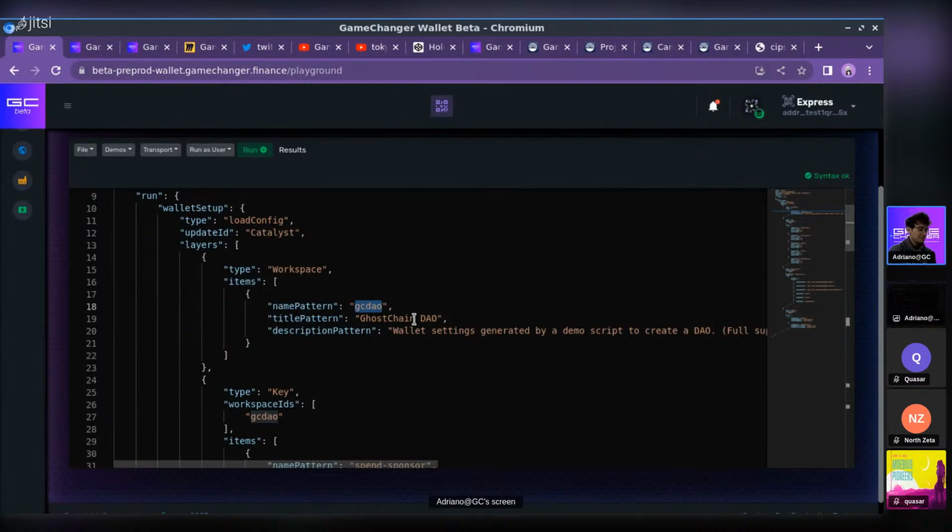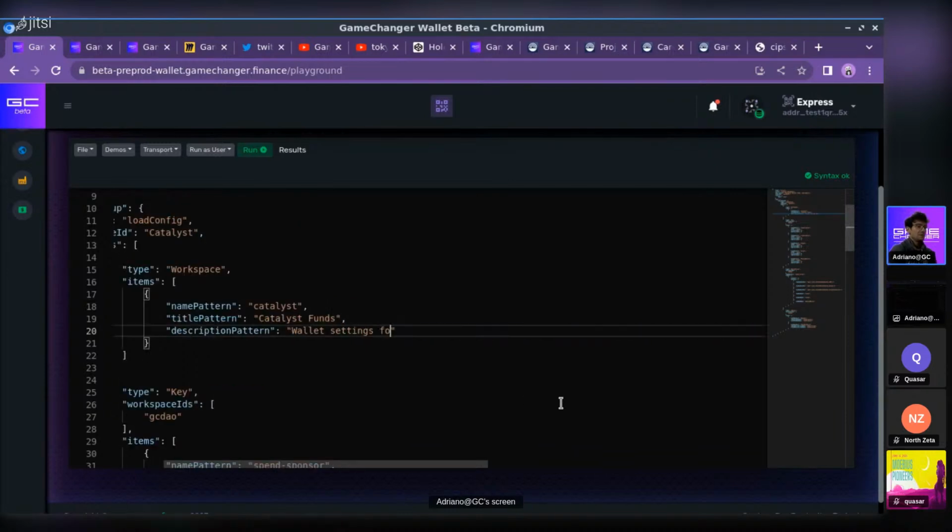We are going to say just catalyst, in lowercase. Here we're going to say Catalyst funds. This is the title. And we're going to say here wallet settings. Managing